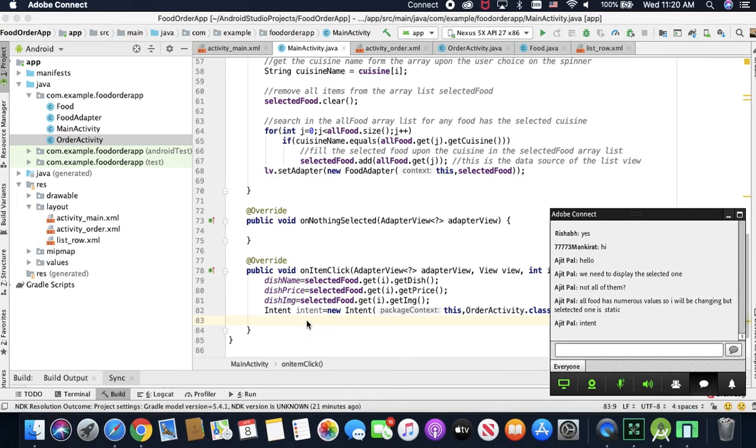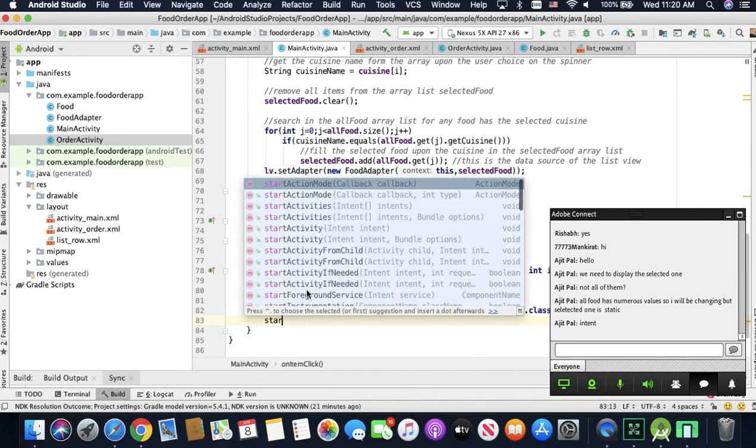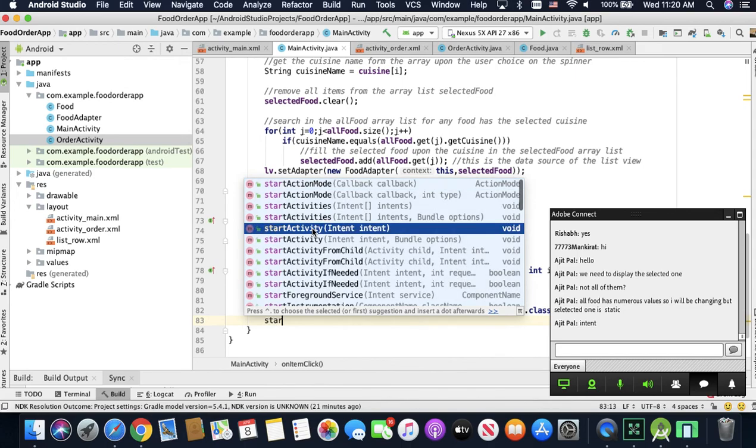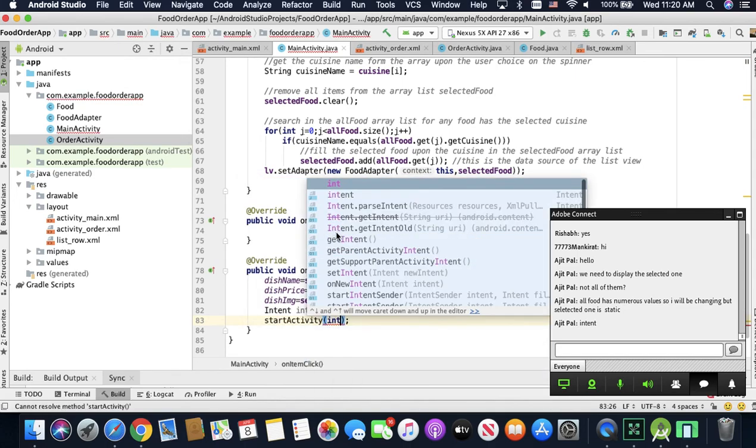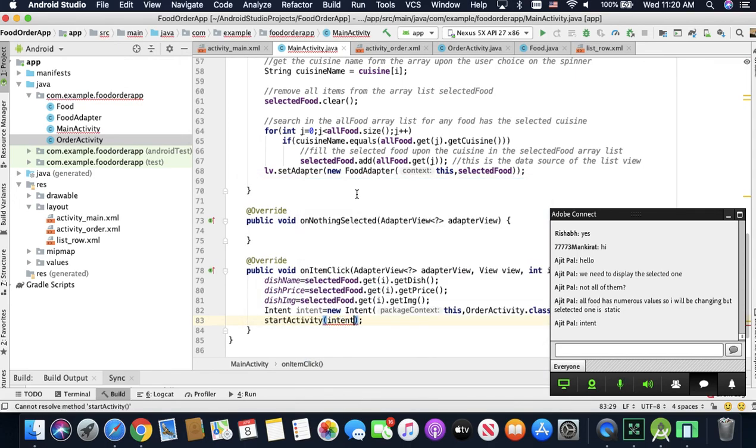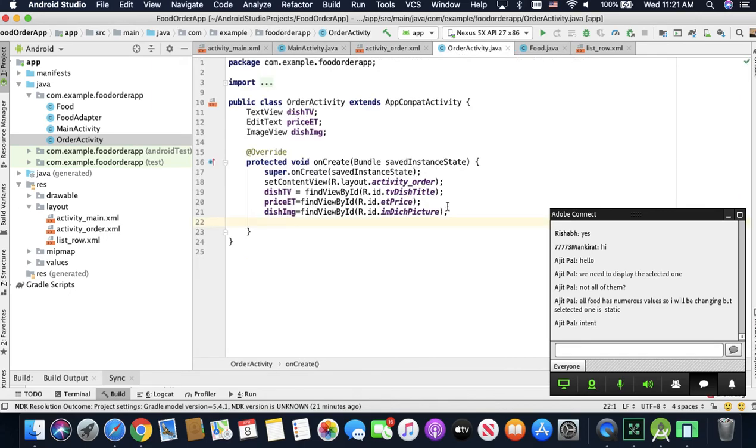Then what? startActivity. Which one? The intent. The intent activity. When we start the intent activity, which is the order activity, we still have nothing to show. What do I need to show? I need to show